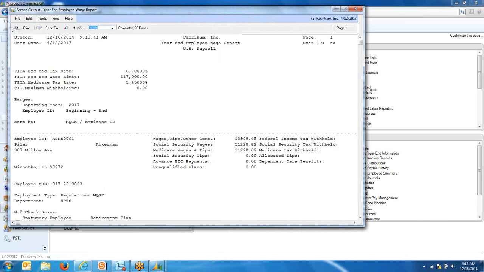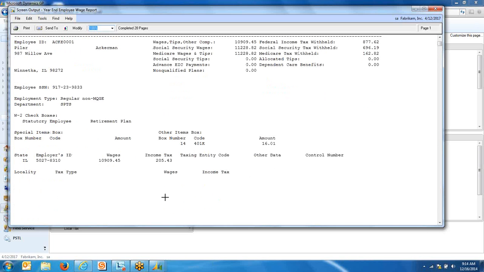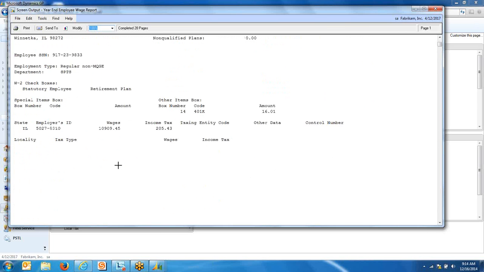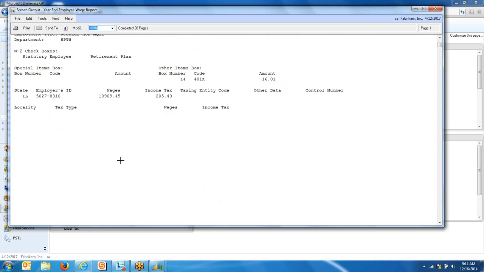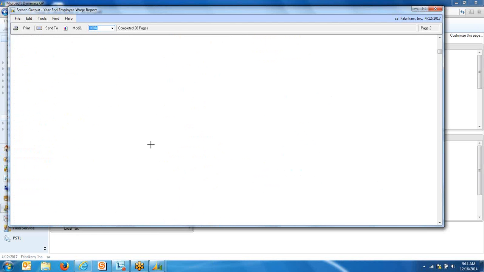And so here is the year-end employee wage report. And what you'll do is go through here and confirm any of the special items or other items boxes relating to 401k. You'll notice in this environment, the employee's ID number. This is what will get used to produce the W-2s, okay? You can go through that, print that out, and review that and make sure you have that in sync to what you need. On the bottom of 23, step number 9,